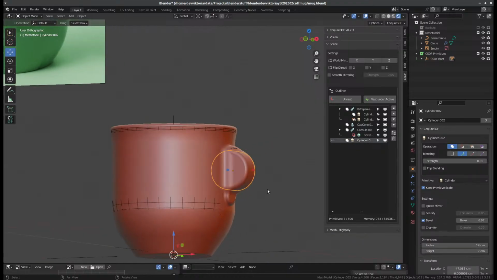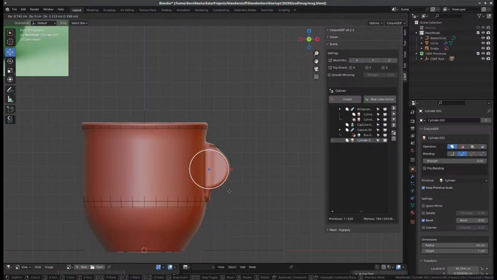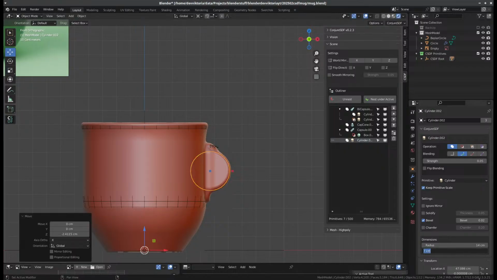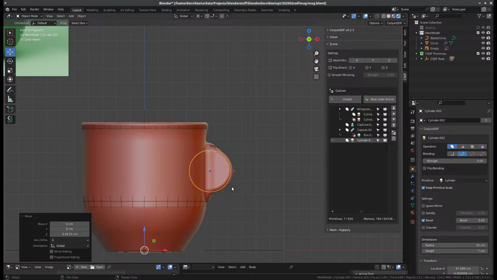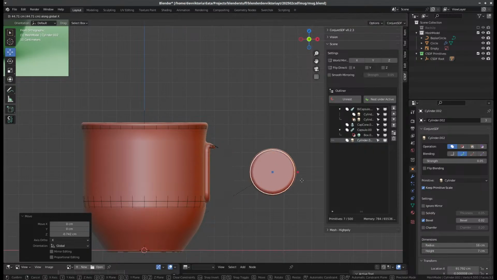And let's grab the cylinder, GZ, and let's make it 8 centimeters. This can be 7, the radius make it 15 or so. Okay, I think I kind of like this shape. Yeah, this might work. 16 maybe, okay. However,